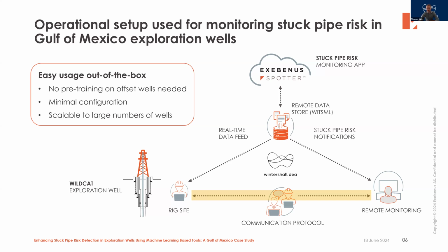But if you look at the right side of the slide, at the sketch at the bottom left of the triangle, here you can see the rig side, just to illustrate how the setup was. Obviously, on the rig we generate our real-time data, WITSML data, as on all the other wells, and it is sent to our remote data store. From there, Exebenus receives the inputs, our real-time data, and we receive back the output from the spotter software,